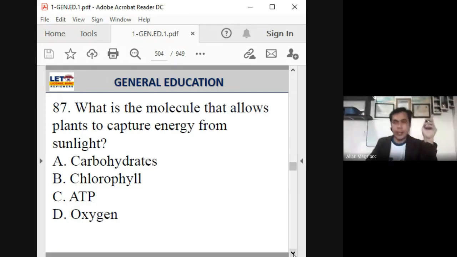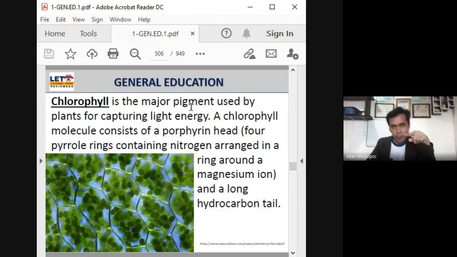Correct answer for this question is yes, it's chlorophyll. The molecule that's responsible for the green pigment in the leaf of plants. Pigment used by plants in capturing light energy. Chlorophyll ang tawag sa molecule. It consists of a porphyrin head. Yan, term na naman sa science, and porphyrin head containing nitrogen arranged in a ring around the magnesium ion and